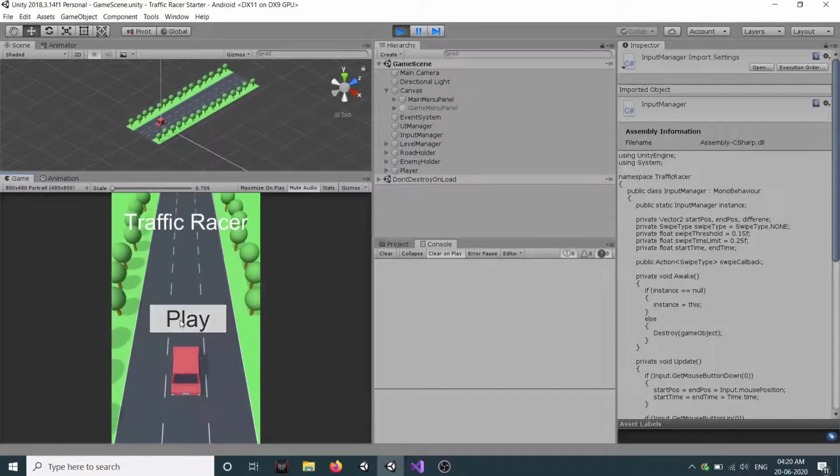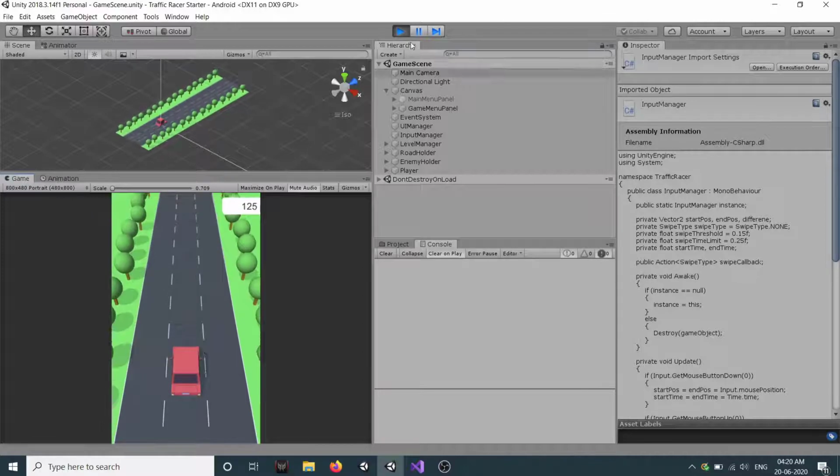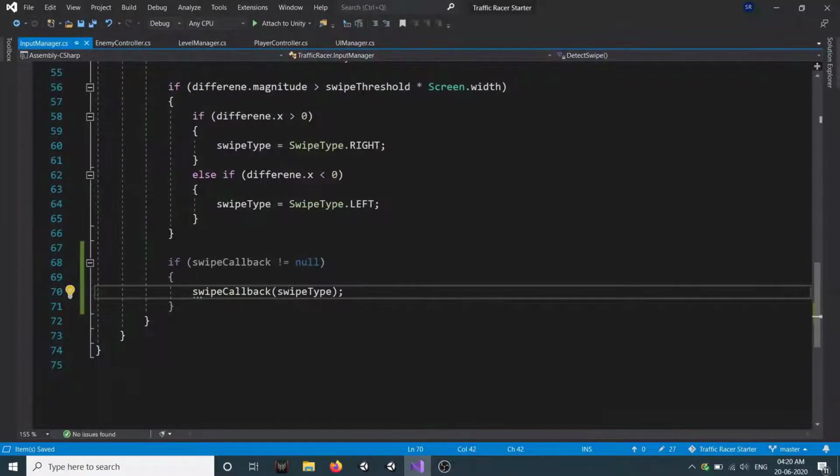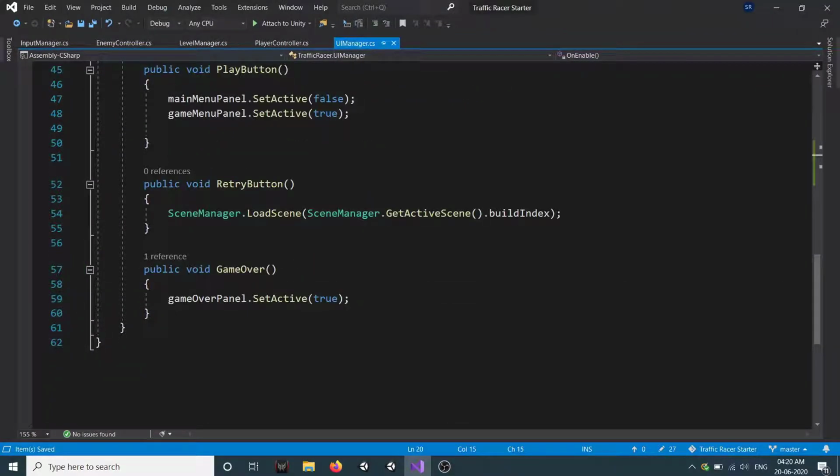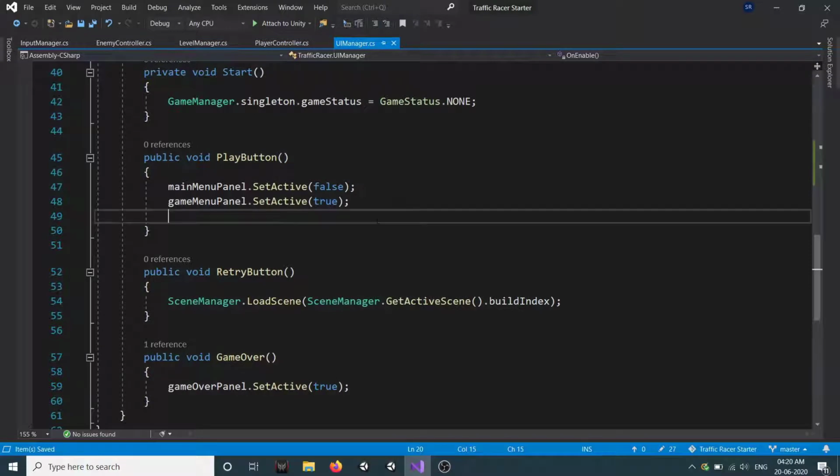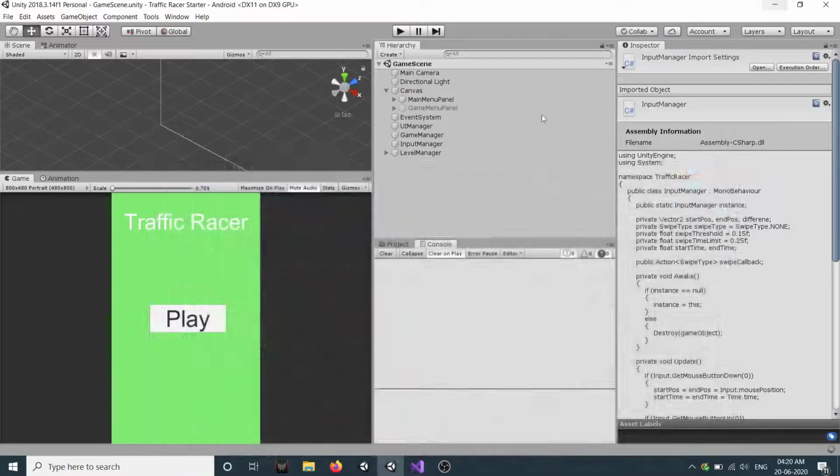So if I click on play, okay, we forgot one more thing, guys. Let's go to our UI manager, and in play button we need to call our level manager. So level manager dot instance dot game started, and let's try.